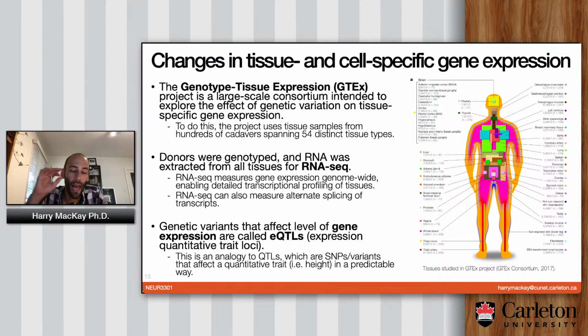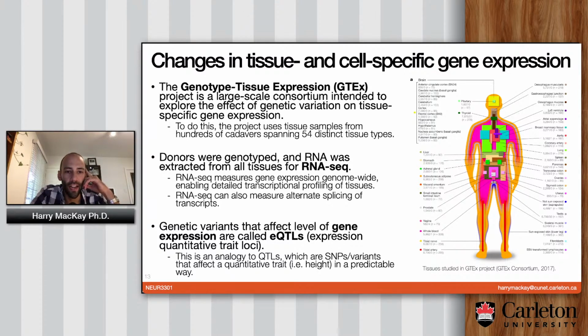Luckily, we don't have to do that because there is a project that's already been done to try to figure out a lot of this stuff. It's another one of these big consortium deals where a bunch of scientists get together and produce a vast quantity of data to just use as a reference point for everybody else. Not everyone can afford to do these huge experiments, but everyone can benefit from having the data.